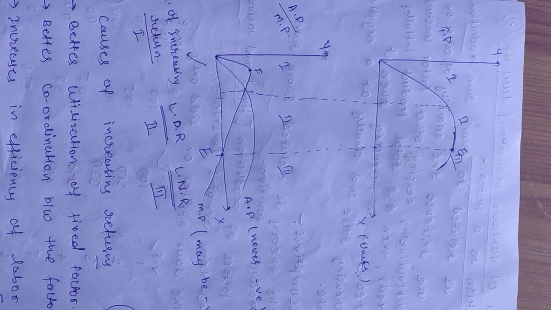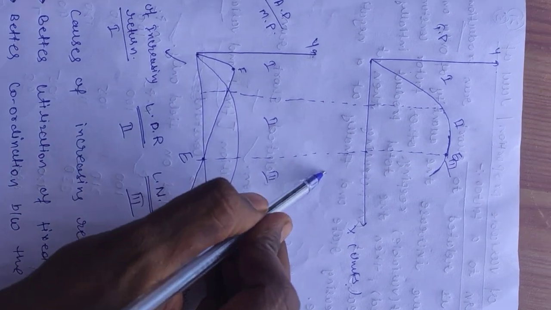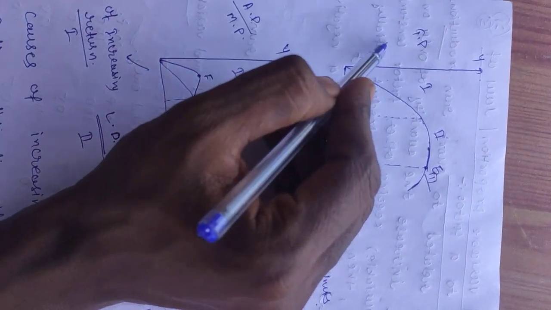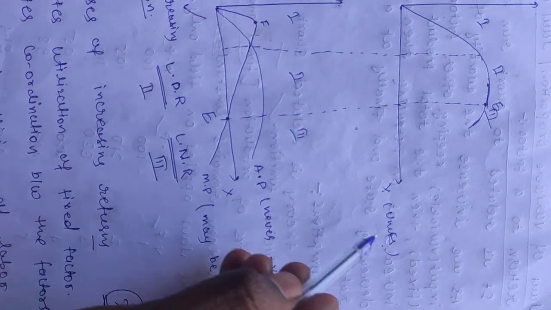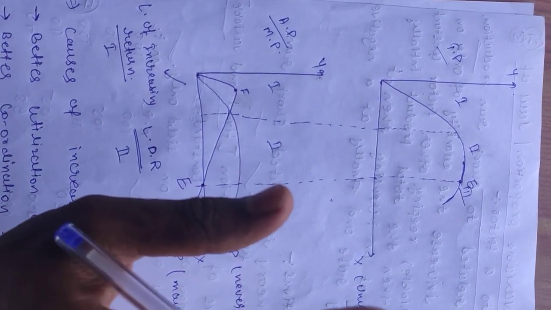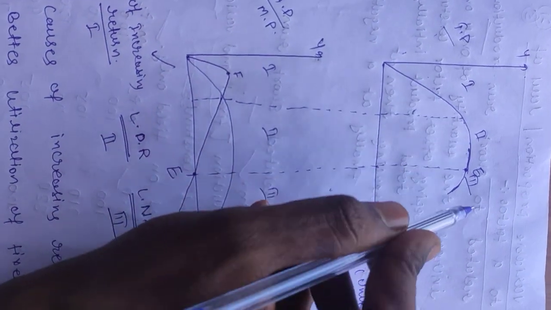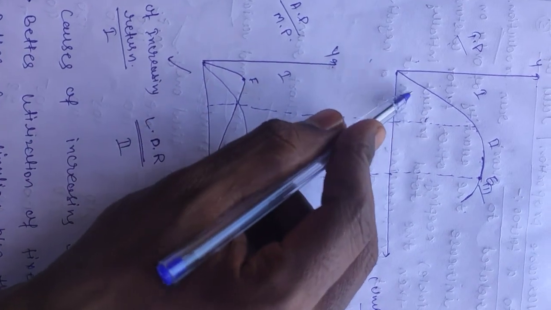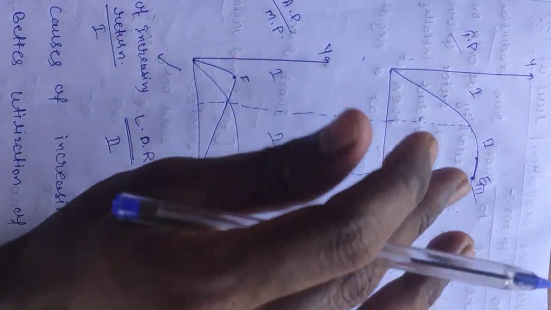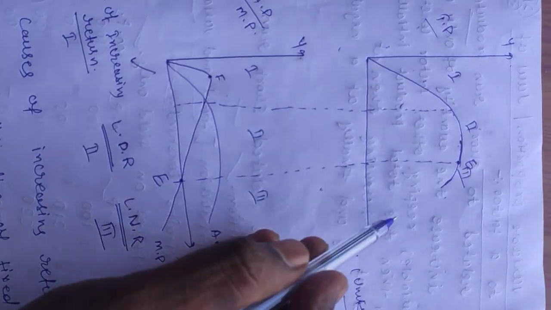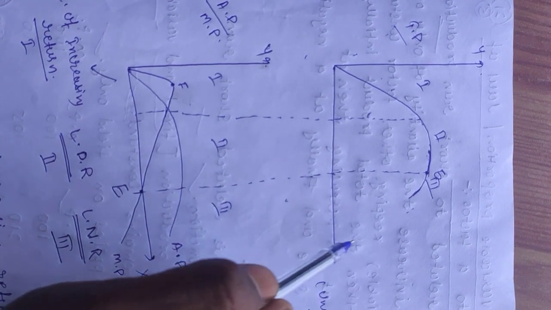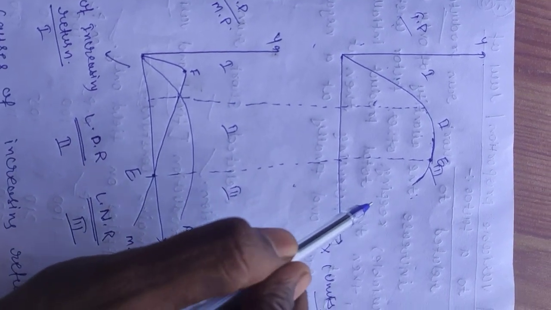Now we see the graph. On the y-axis there is total production, and on the x-axis the quantity, the units of production. There are three parts in this graph: the first stage, second stage and third stage. The first stage is increasing, the second is decreasing, and the third is